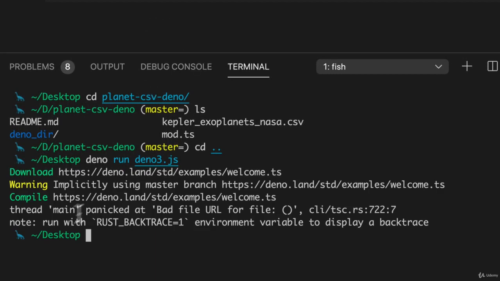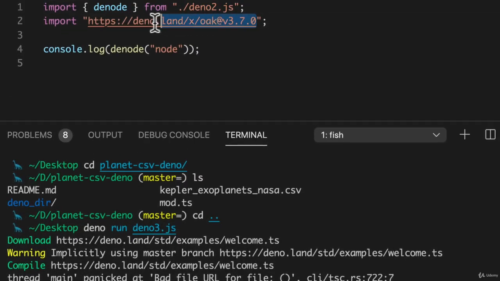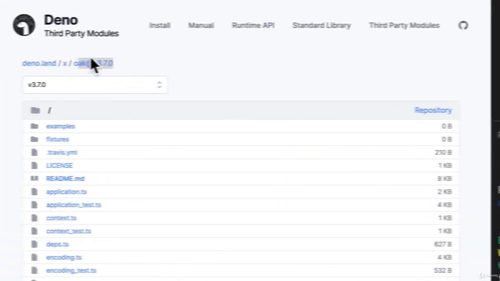I get an error: thread main panicked at bad file URL for file. And that's because we don't have an extension here, right? We need to add extensions to our files. So again, if we go back to Oak,